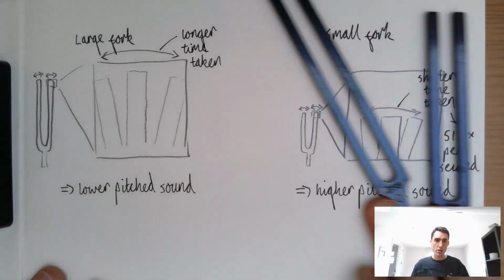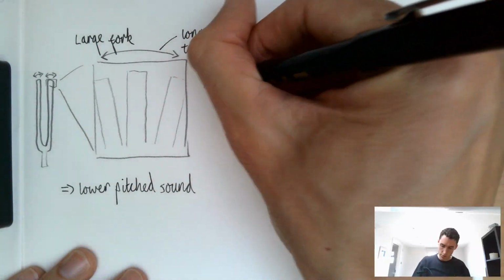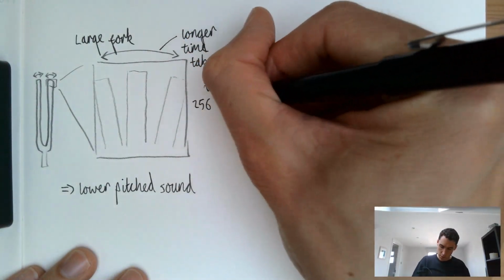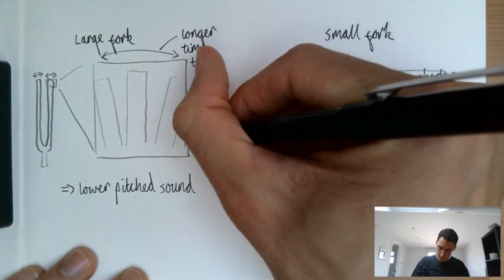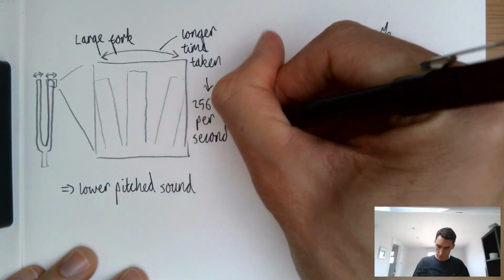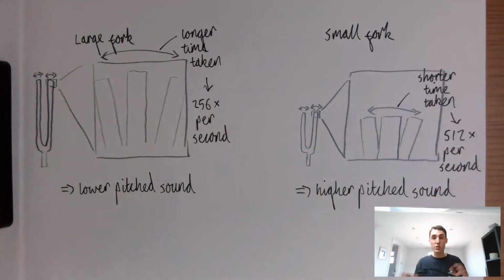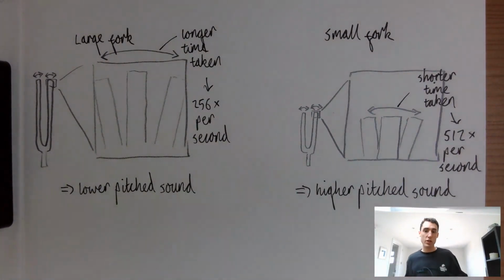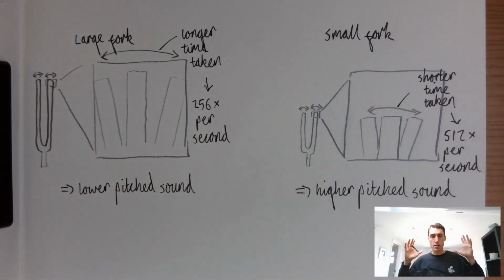This one oscillates at 256 times per second. So this is a nice way of stressing that link between time period and frequency